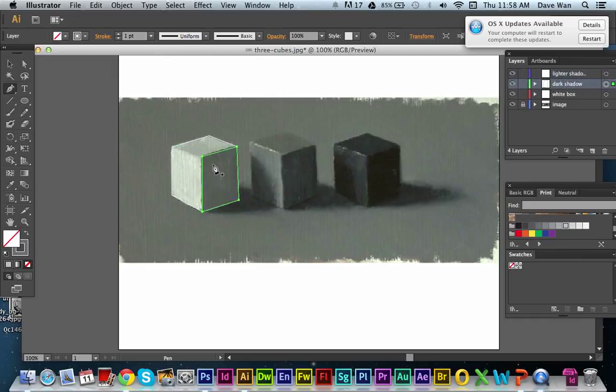Oops. Alright, see, I was on my darker shadows, so it changed those colors. So make sure to click on layer 4. Okay, I did that, so I have to change this back. So lighter shadow, and now you want to deselect the dark shadows. On your lighter shadows, this is where you're going to use the lighter gray. Okay, the lighter gray, and now I'm going to draw the area where it has the lighter gray. So, essentially you want to draw